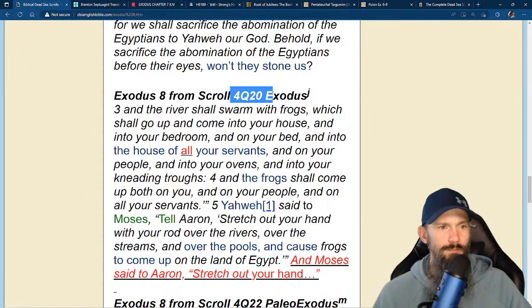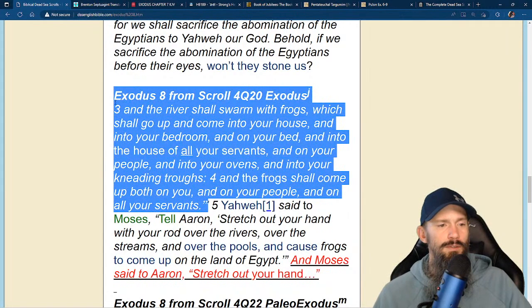4Q20. And the river shall swarm with frogs, which shall go up and come into your house, and into your bedroom, and on your bed, and into the house of all your servants, and on your people, and into your ovens, and into your kneading troughs. And the frogs shall come up both on you, and on your people, and on all your servants. So 3